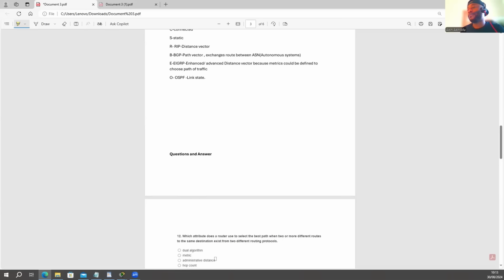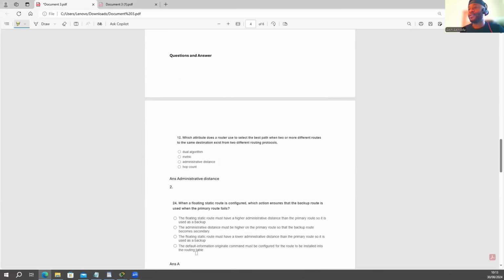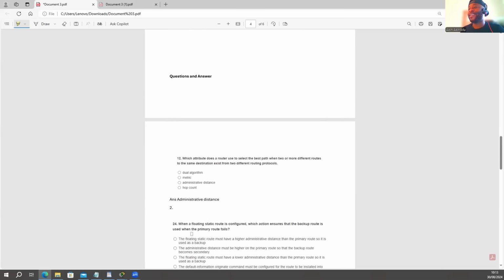So up count has nothing to do with this. So the answer here is administrative distance. Also, pause this. When a floating route is configured, which action ensures that the backup route is used when